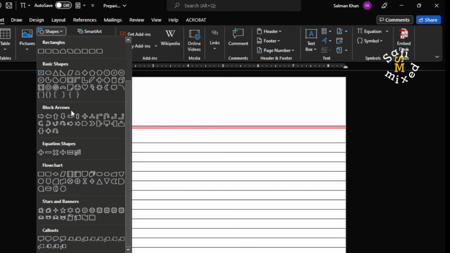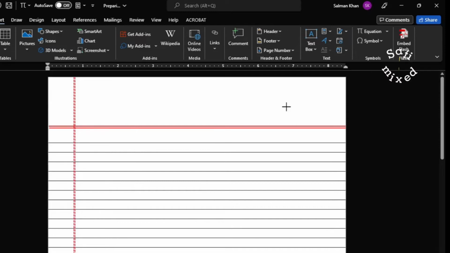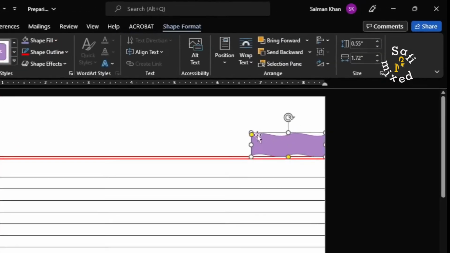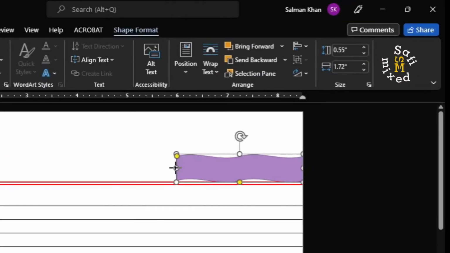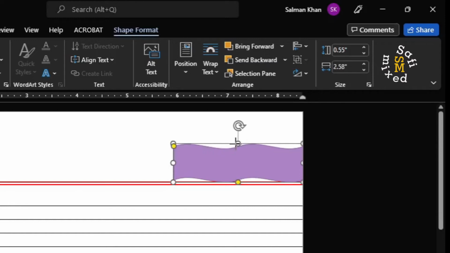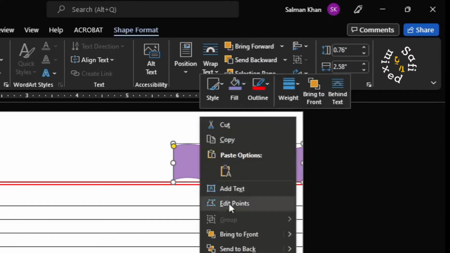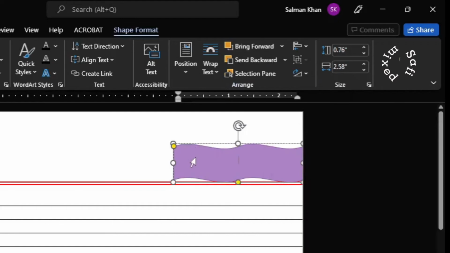I can add one more thing to the title by coming to the Insert tab, back to Shapes, and then choosing a design like this one, double wave, and the double wave I can draw over here. I can change the size by dragging this over here, and then clicking the right button on your mouse and coming to Add Text, and then pressing the backspace to take the cursor to the end and add the name, and then I press Enter to add the date,